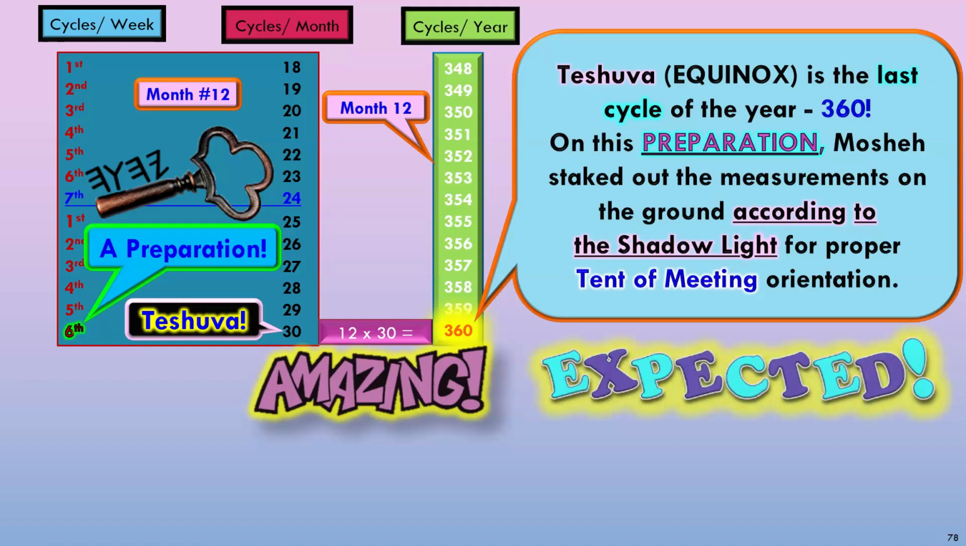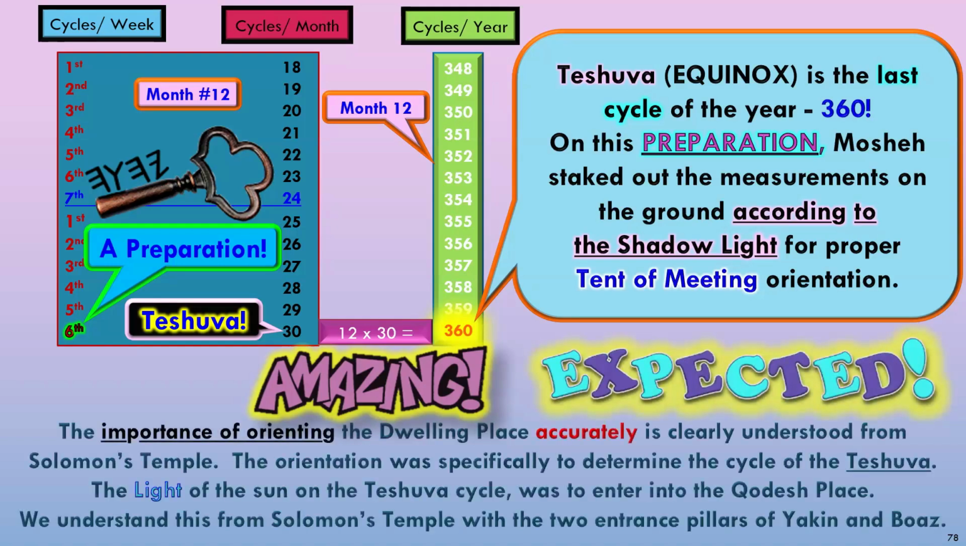This is to be expected. We should not be surprised. Yahuwah's pattern is to be planned ahead, prepared at all times. The importance of orienting the dwelling place, the tabernacle, orienting it accurately, is clearly understood from Solomon's temple. It's also understood from the